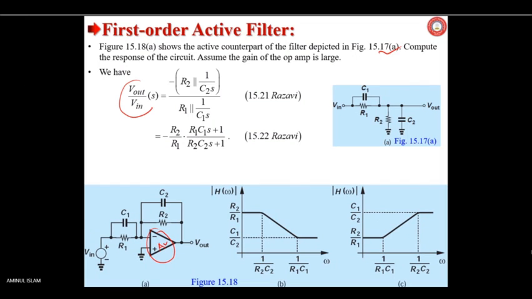So can we get this or not? V out by V in, that is the transfer function H of this filter. Can it be written? Let me see whether you are recollecting. Yes, sir, it can be. We have studied in the last one or two lectures how an op-amp can be used. What will be its gain? You have seen that minus R_F by R_E.